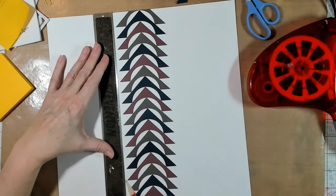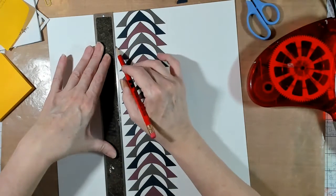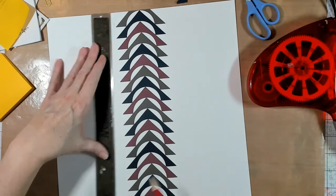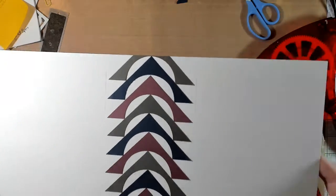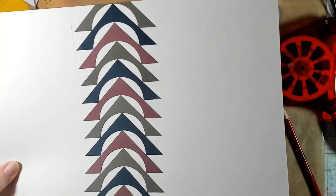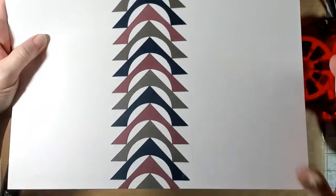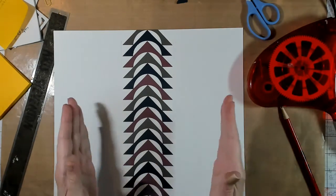Let's see. Make sure that 1/8 of an inch looks good everywhere. Yeah, and then I'm just going to draw a little line there and a little line here. So you can't see my little lines, but there they are. I'm just doing them up there because from there I'm going to measure the center of the long line I'm going to have on either side, and there at the bottom. So I want to keep at least 1/8 of an inch between one row of pattern and the next row